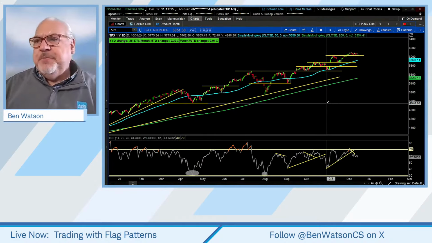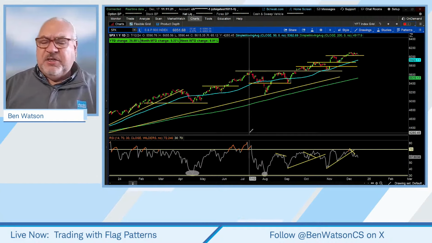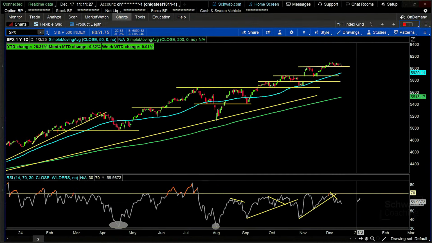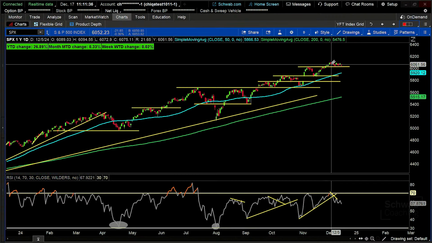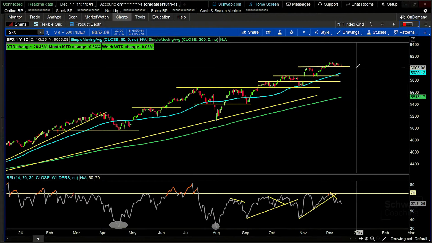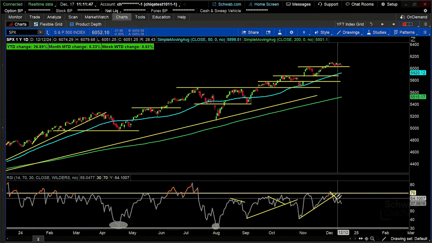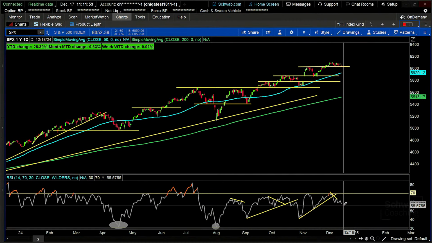Now let's pop over here to the Thinkorswim platform. Let's see what's going on in this discussion. And taking a look at the S&P 500, we're seeing a little bit of a bearish divergence, maybe a little bit more so than we've seen in the S&P 500 for a little while here. The S&P 500 has been going sideways, right? We've got this up and down piano keys, black and white, or in this case, red and green candle pattern over the course of the last 2 weeks. At the same time, we've seen RSI bleeding off a little bit. We started to see it last week, talked a little bit about it last week. We talked about this moving to the downside, the RSI.